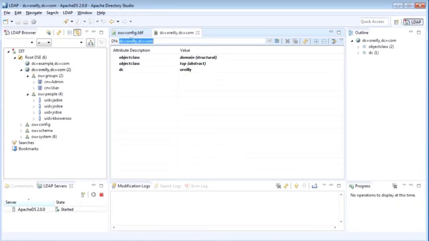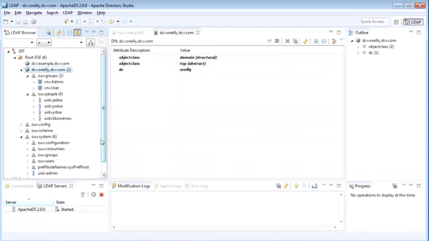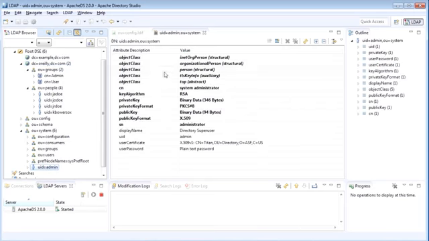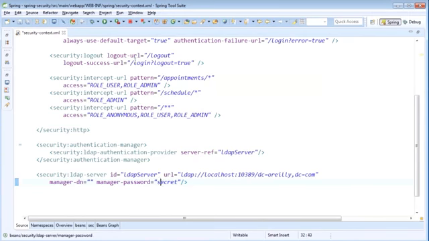And now we're going to navigate over to the LDAP, and we will find the admin located within the organizational unit system and then the UID admin. So let's go ahead and copy that DN, and we'll take that over to our configuration files. Okay, so at this point, we have our LDAP server configured, and it is specified as a reference on our